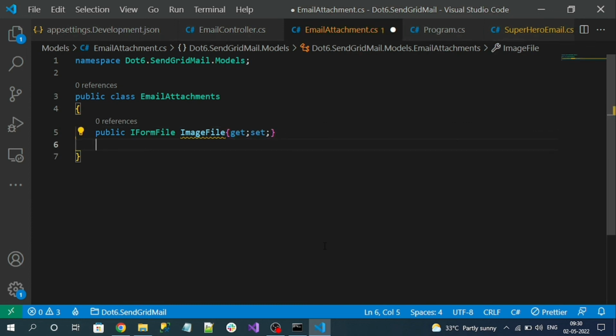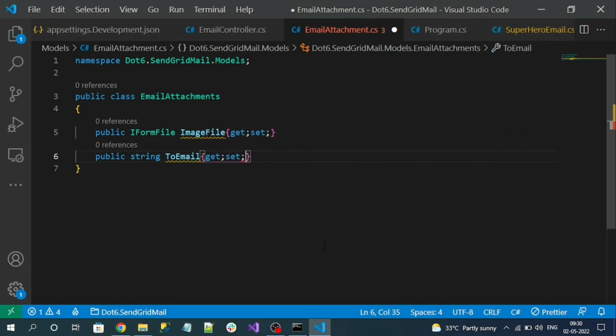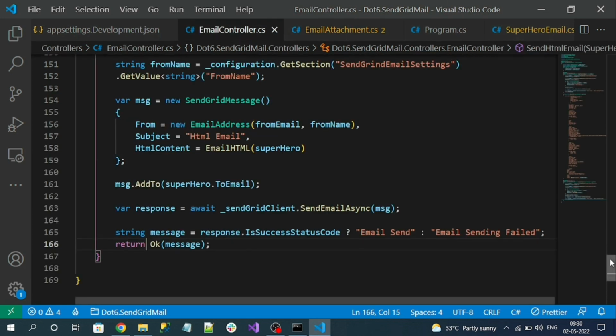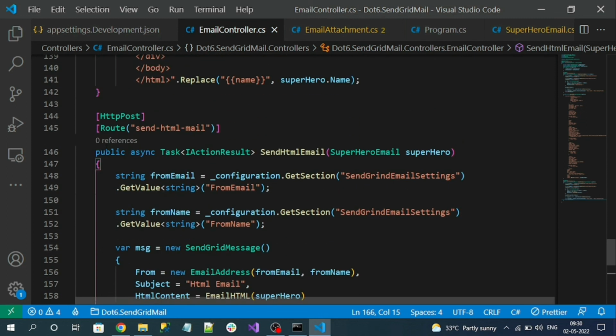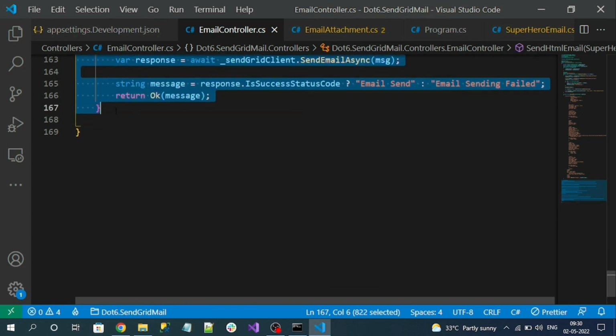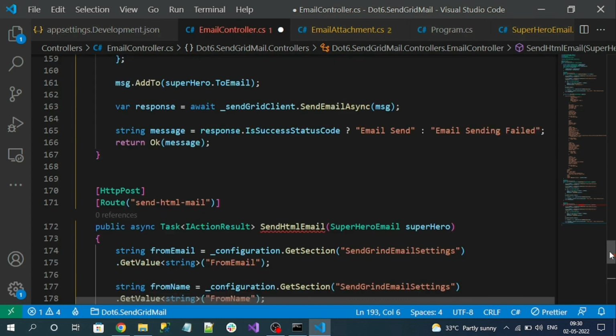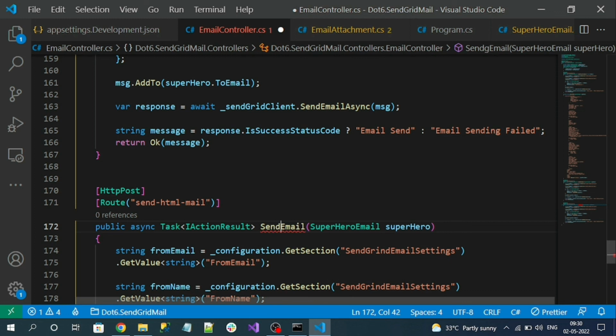Okay, next let's add another property like ToEmail. Okay, so this is my email attachment model, and let's create one more action method for sending the email attachment. So for that, let's copy this entire action method and duplicate it. Okay, most of the logic will be the same,